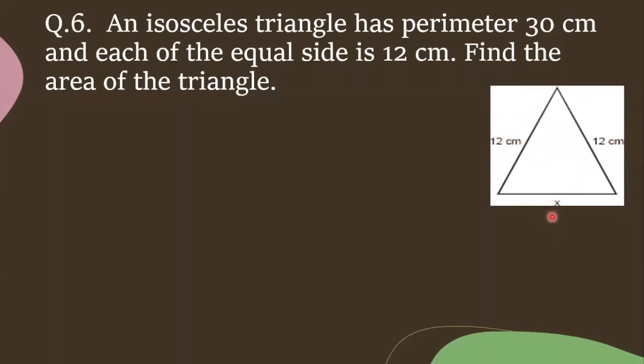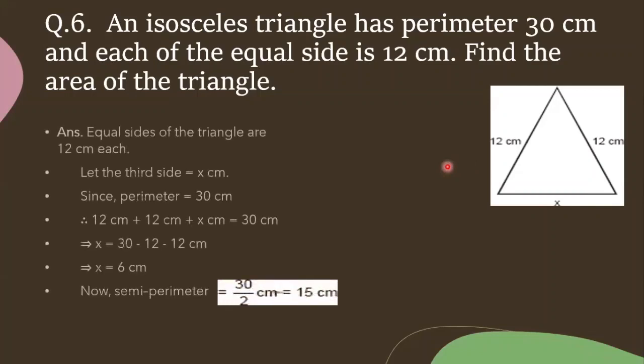Yes, very good. So Heron's formula: area of triangle is equal to square root of s into s minus a into s minus b into s minus c. We have got x value 6. Semi-perimeter is 15. Any doubt in the given data, children? Any doubt? I'm asking Ajay. No doubt, ma'am. Okay, shall we apply these side values in Heron's formula? Yes, ma'am.